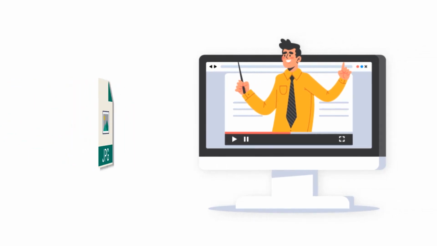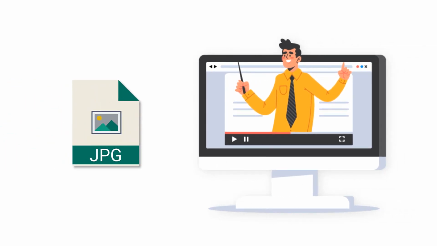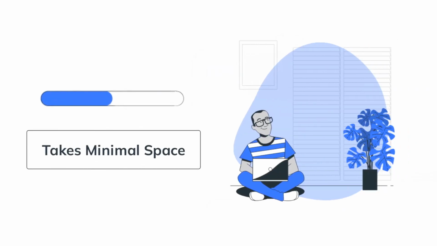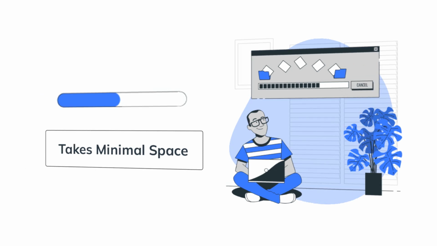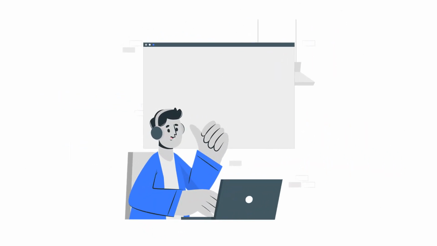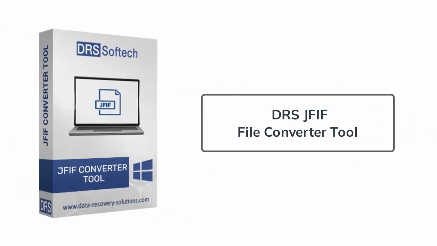JPEG File Interchange Format or JFIF files are graphic files that are a variant of conventional JPEG files. It takes minimal space so that it becomes easy to share data. The JFIF file is useful, but you might need to change it. In this video, we show how you can convert the JFIF file into different file formats using the best DRS